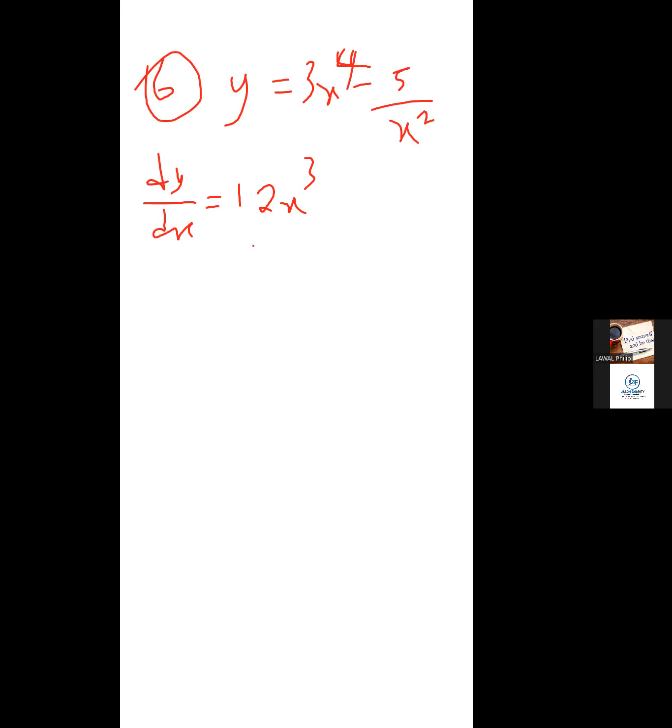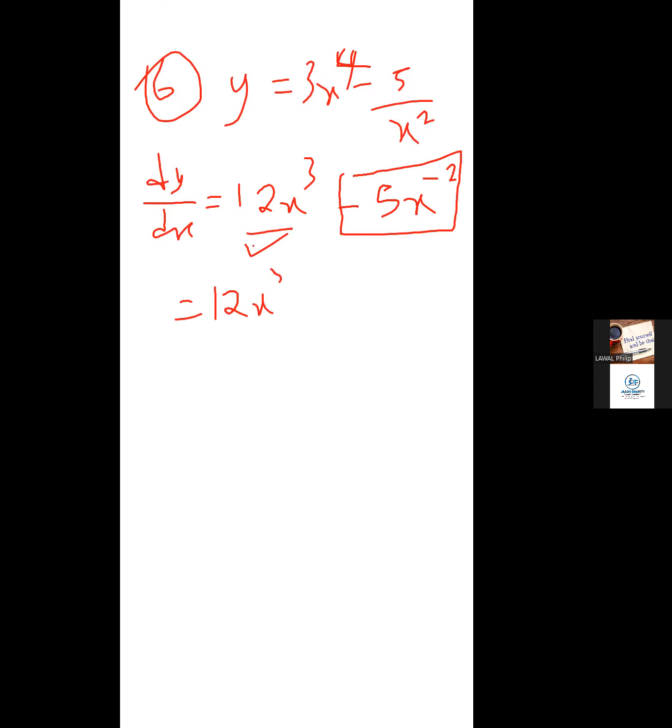Then, now, look at this one now. Minus 5 raised to x raised to power minus 2. You know where that is coming from, previous question. So it won't be difficult for you to relate. But this time around, you have not differentiated this. So it's only this one you have differentiated though. So we want to work on this now. And that should be equal to